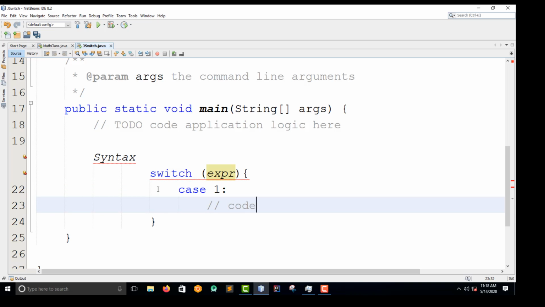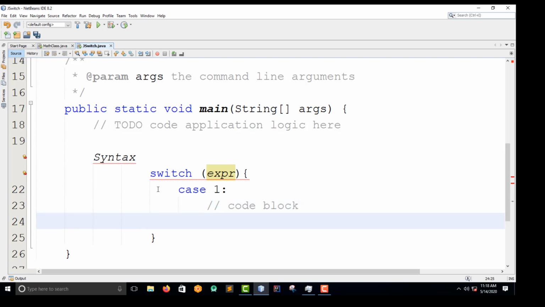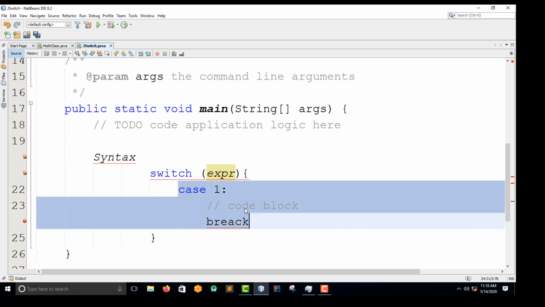So you need to have the code block, whatever you have written there. So it depends on you. Then finally, on this first case you might break, but it's optional. You can have another keyword which is called break, which means if you execute your expression and find the result in the first case, then it's going to break to get out of the switch. But if not the case, then it's going to go to the second expression, the second case.